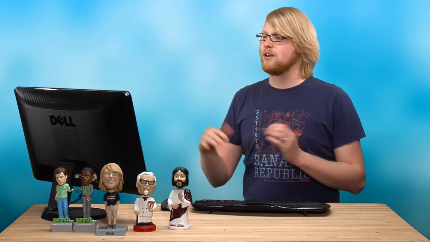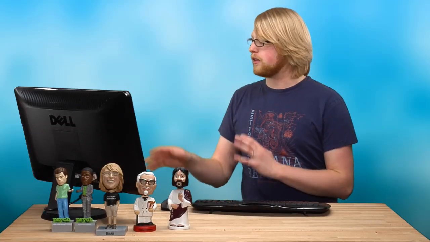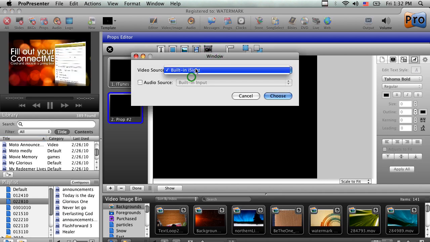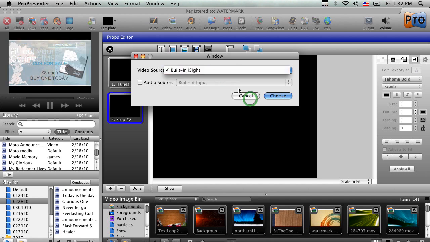One bug that I just ran into with ProPresenter is that if my resolution is too small, when you go to edit some stuff, the editor doesn't show up correctly. So I fixed that. Now we have our new props layer here, and we could throw text in there, we could throw whatever, but we can also throw in a webcam. Instead of the built-in iSight, I want to use CamTwist, which would normally show up here, but it's not showing up because we started CamTwist after ProPresenter.